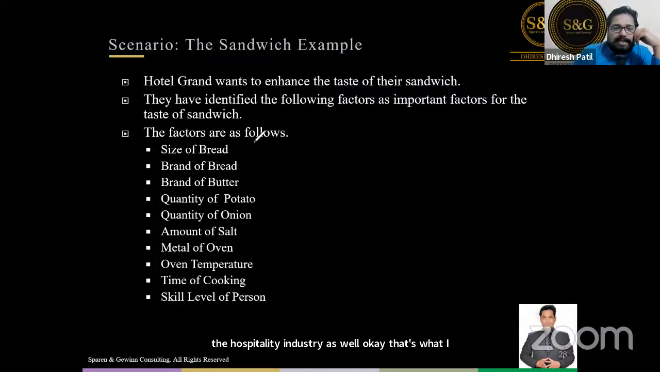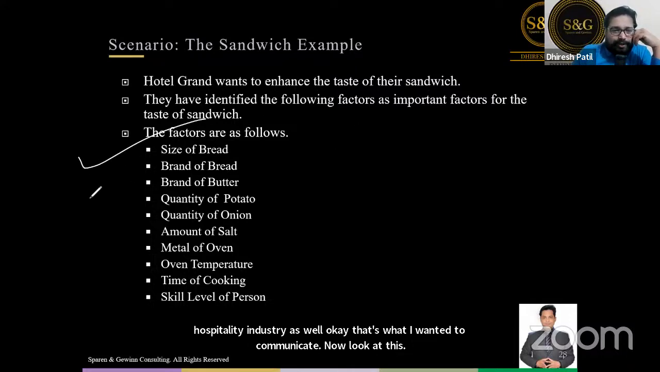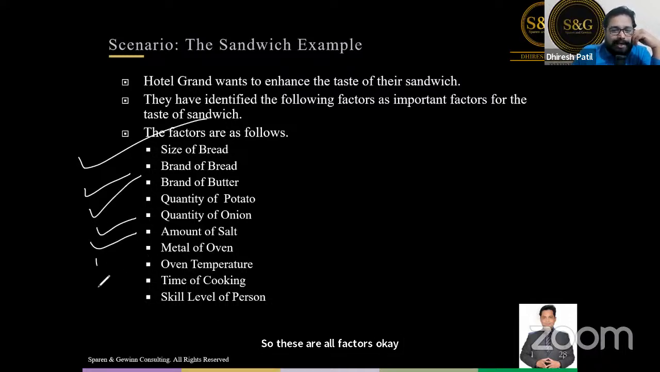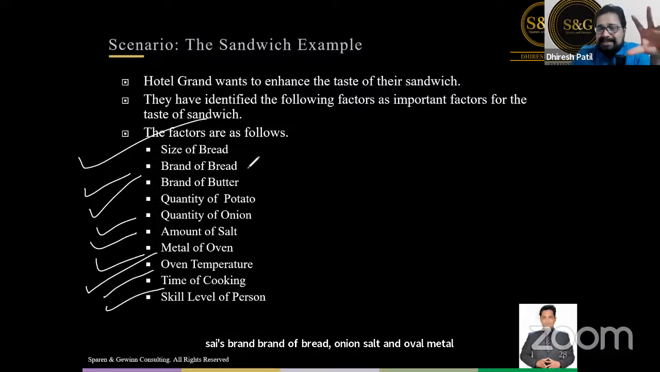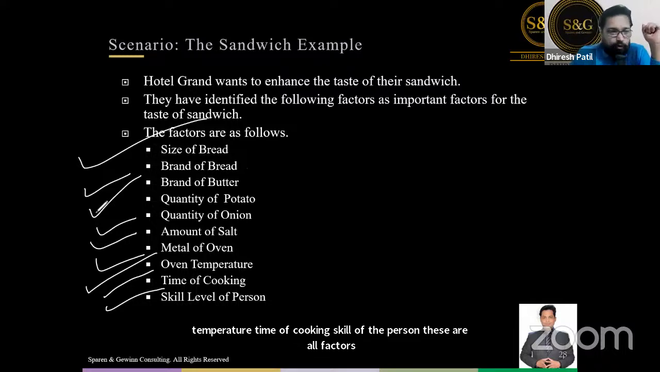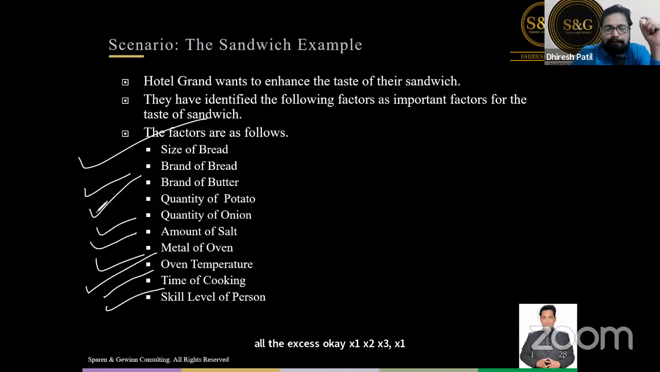Okay, now look at this. So these are all factors: size, brand of bread, onion, salt, oven metal, temperature, time of cooking, skill of the person. These are all factors, all the x's. Okay, x1, x2, x3, x4. Now, with the help of brainstorming, they found out